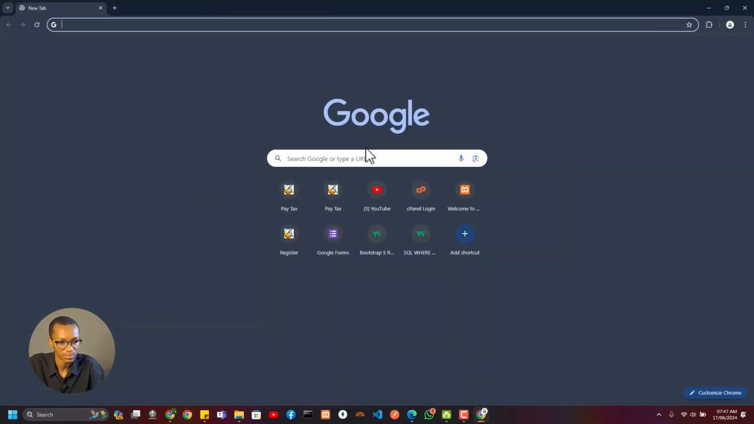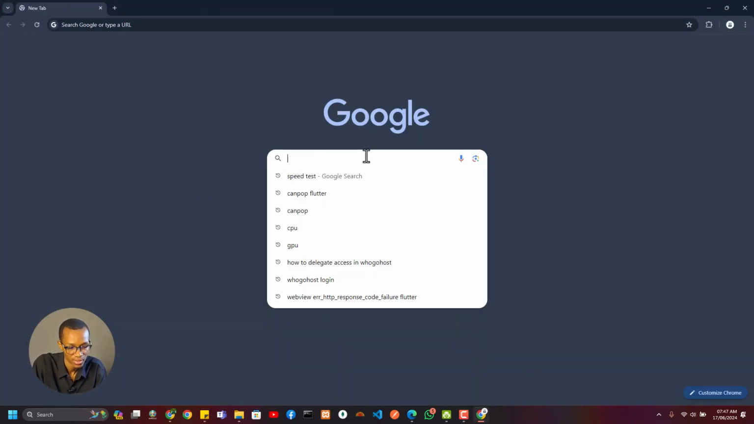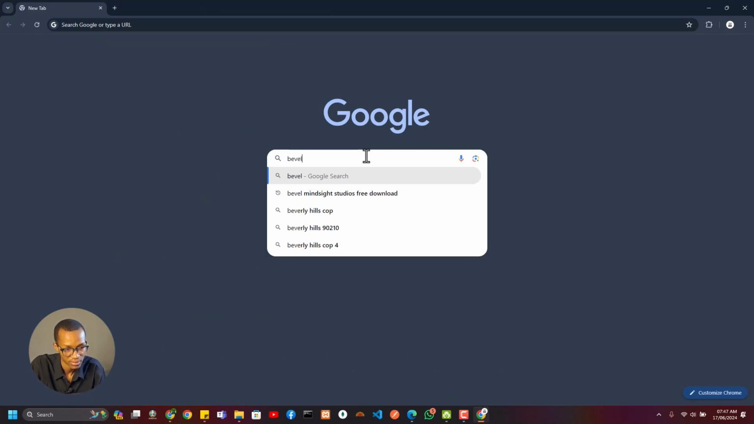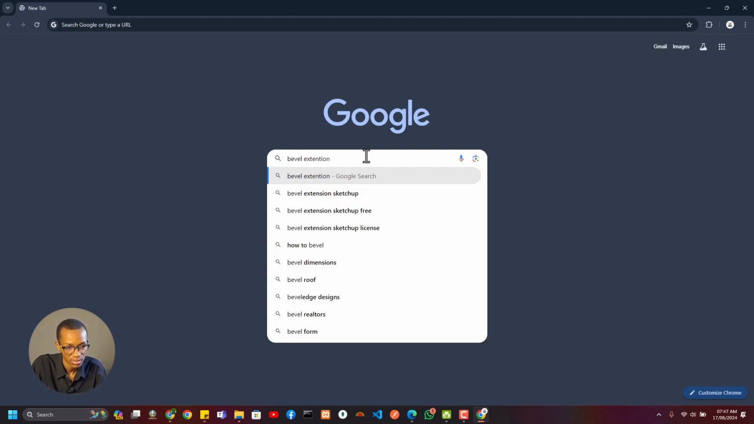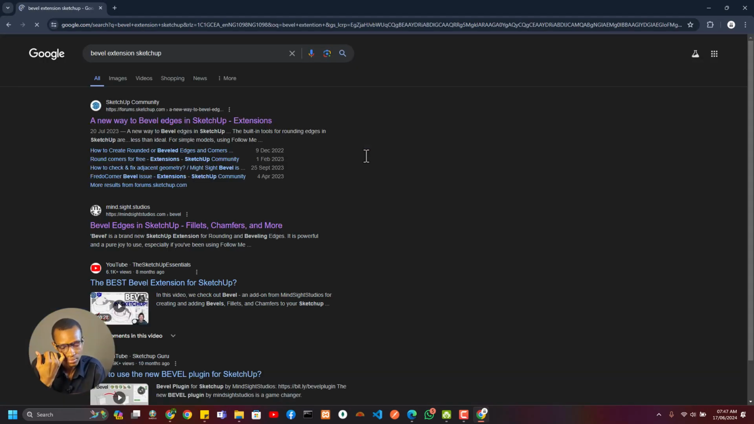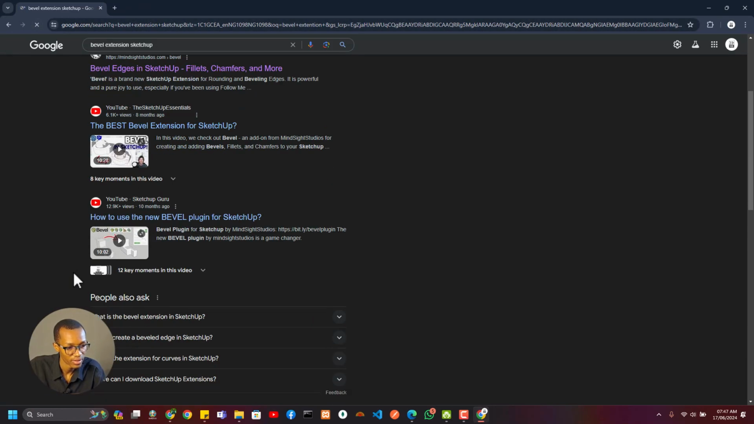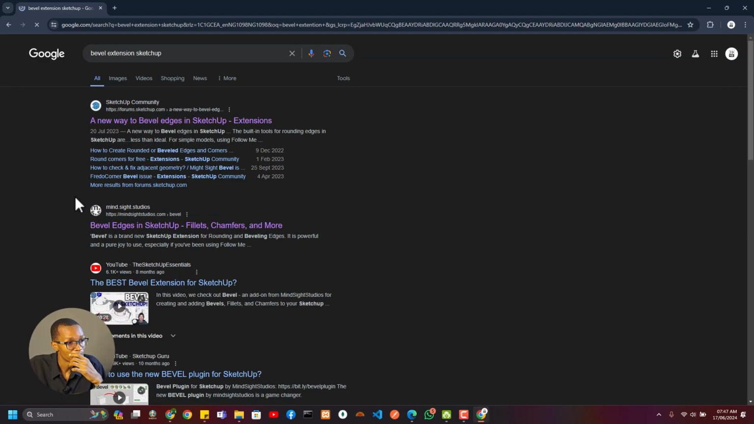Bevel extension for SketchUp. All right, it's a very nice plugin. You might just want to look up a video or two. But what's the point I'm trying to convey? Extensions just push